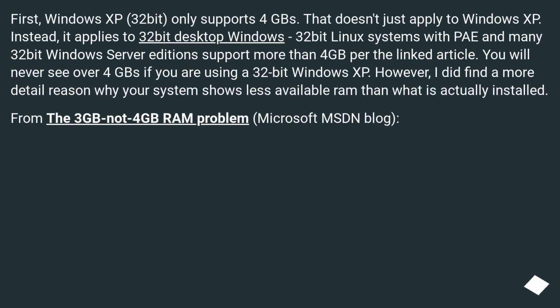First, Windows XP 32-bit only supports 4 GB. That doesn't just apply to Windows XP. Instead, it applies to 32-bit desktop Windows and 32-bit Linux systems without PAE, and many 32-bit Windows Server editions support more than 4 GB, per the linked article. You will never see over 4 GB if you are using 32-bit Windows XP. However, I did find a more detailed reason why your system shows less available RAM than what is actually installed. From the "3 GB not 4 GB RAM problem" Microsoft MSDN blog: